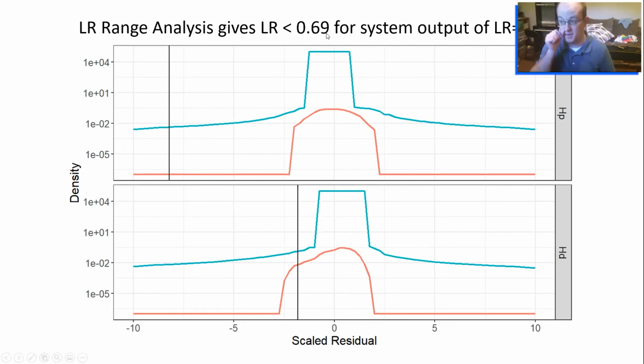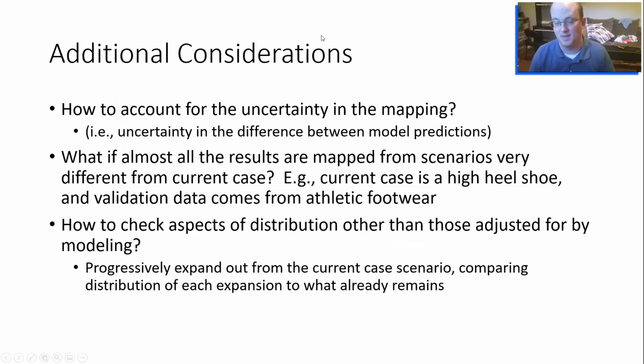And just as before, if you go too extreme outside of the range that's kind of expected for this data, even as you start to push to really, really small values, you start to get values in the LR range analysis that moderate that, pulling it back towards 1 as you start to consider the ratio of tails.